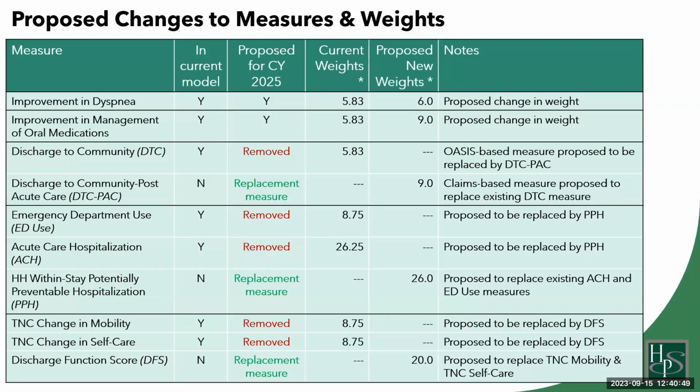The emergency department use and acute care hospitalization measures, as we know them today in value-based purchasing, will be fully removed in 2025 and will be replaced by the one new measure, which is already implemented in the home health quality reporting program, which is the home health within stay potentially preventable hospitalization measure, and it will be worth 26% of your total score. Currently today, acute care hospitalization and emergency department are a combined 35% of your total performance